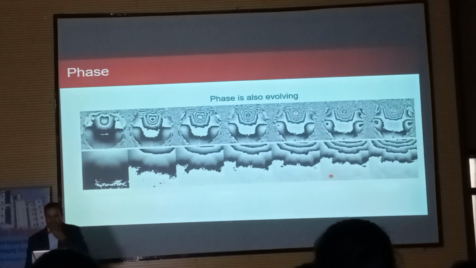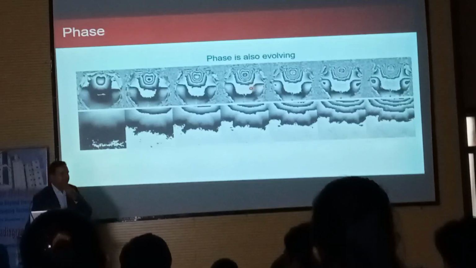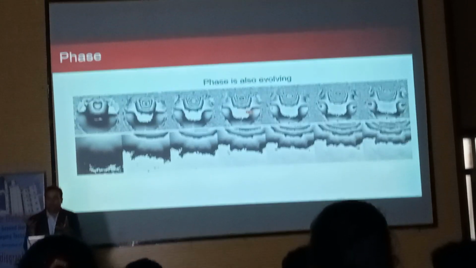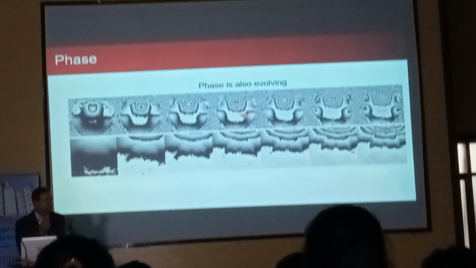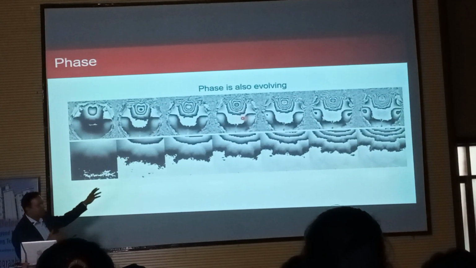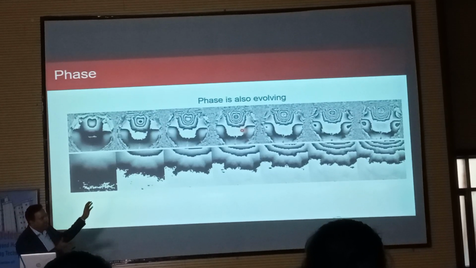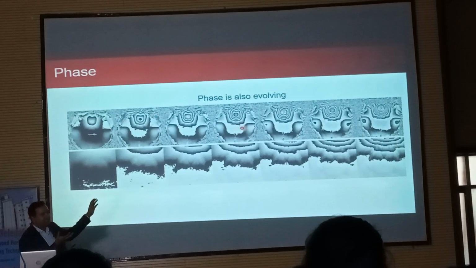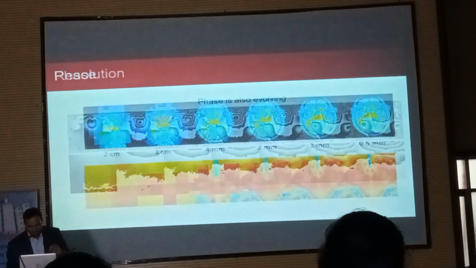Phase is also evolving. So this also tells about the main magnetic field and RF inhomogeneity. If your field has a lot of inhomogeneity, like a sinus or the patient has some mechanical implant, which we are going to study soon, then you need to look at this map. Then you can correct where you have a lot of magnetic field inhomogeneity, otherwise your image will not come out right. To correct this, you look at the phase map.